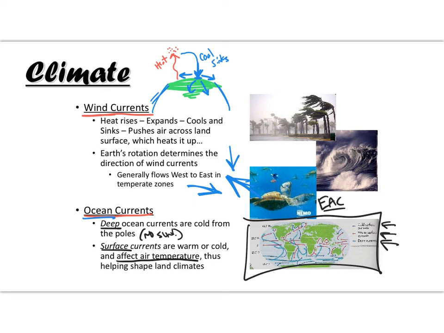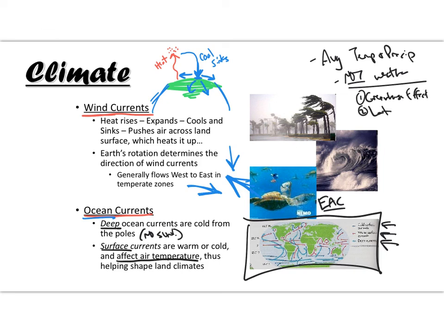So that takes care of climate for us. Big things you've got to remember: climate is average temperature and precipitation, and it is very different than weather. So not weather. And then there are three things that help shape our climate. That's the greenhouse effect, and make sure you know what that means. That's latitude,